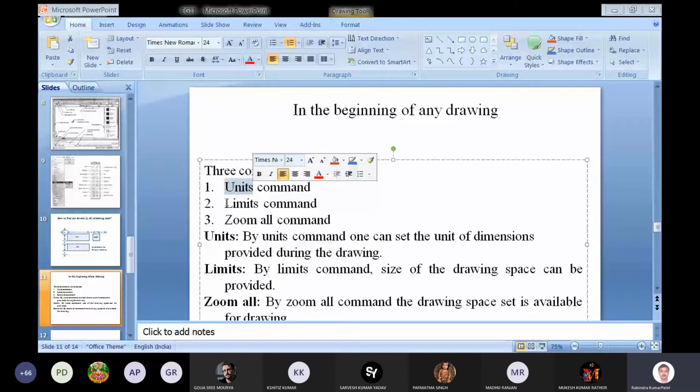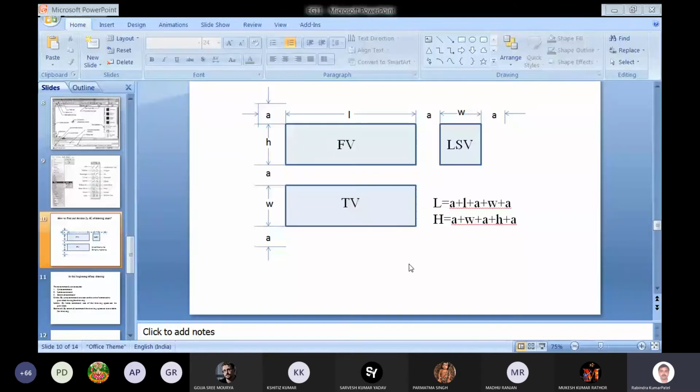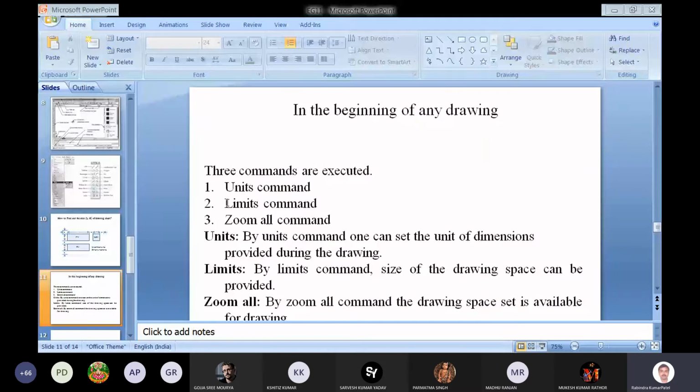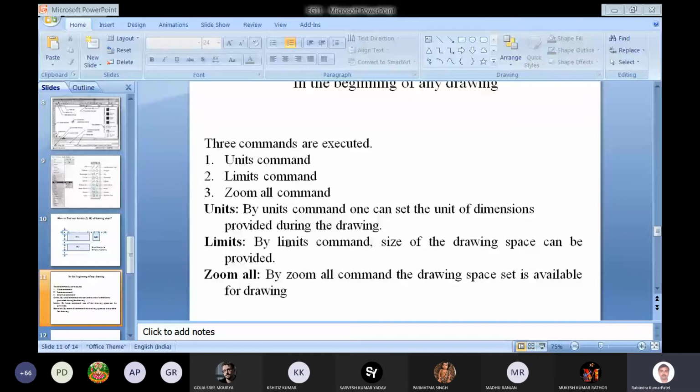You can put 0,0, and the next, the upper corner of the drawing area which is required, is L and H, which we have already calculated. So this drawing space we have specified in the limits command, and after that you can type the zoom all command, and then you can directly use the drawing area which is given by you. In that way, in that drawing area, you can draw your object. So three commands: units, limits, and zoom all.